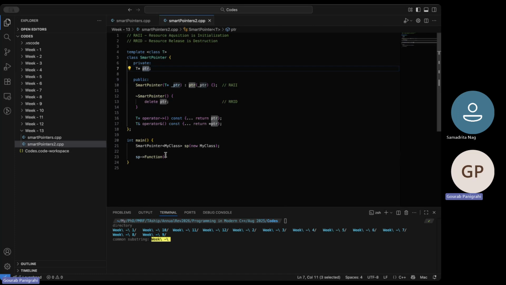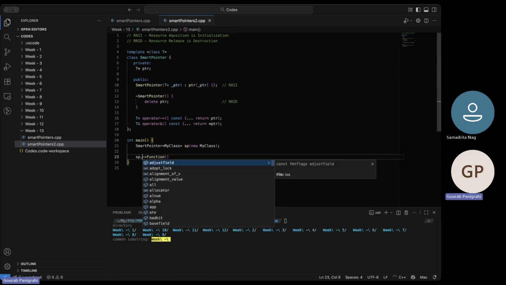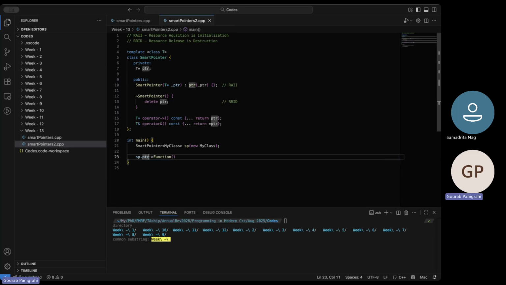Just as I did here, I can also do it this way. I can access SP dot PTR, and that itself I can, because it's not private here. I can't do it publicly, but let's say it was public. You can think of it this way also. I'll access that PTR, then do the dereferencing, to access the member function of this class, right? I can also do it that way. But the point being, after all this is done,